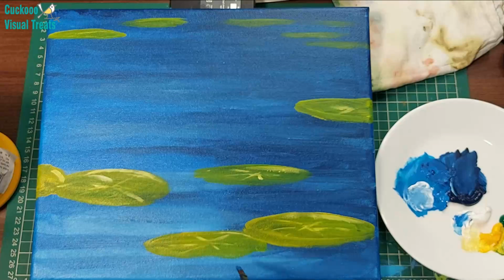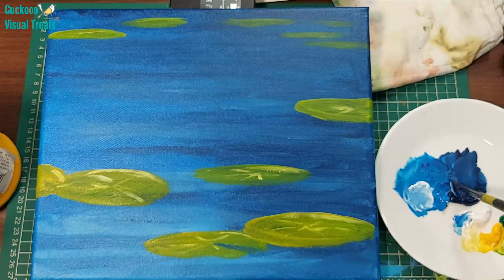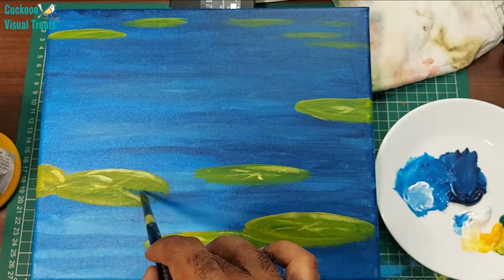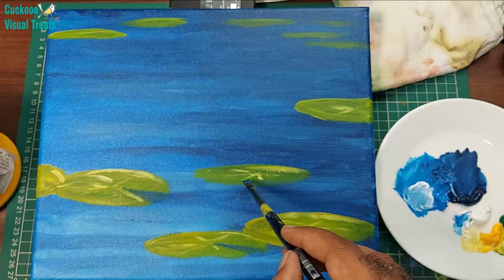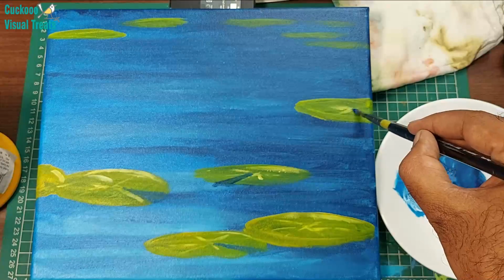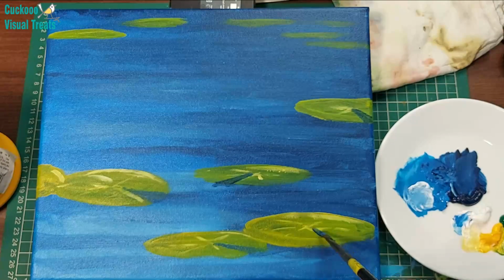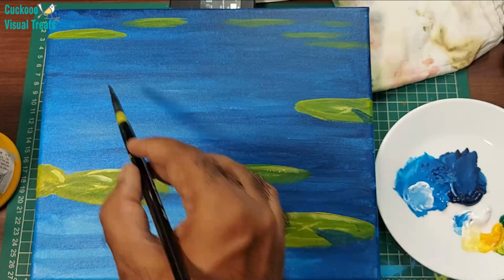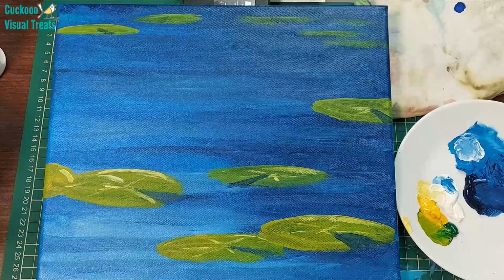So now I've taken the cerulean blue, the background color, blue color, and trying to create the gap in the leaves. Most of these leaves look like that. They are not fully elliptical or circle. There is a gap, so I'm trying to create that gap using this. Some places I use cerulean blue, some places I use dark blue. So it's a quite easy way of doing it in acrylics. So you don't have to add a lot of details for the leaves but for